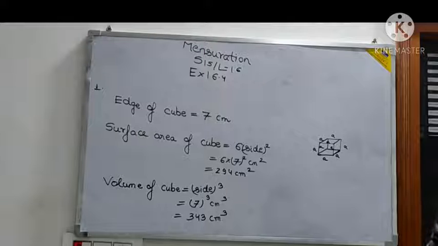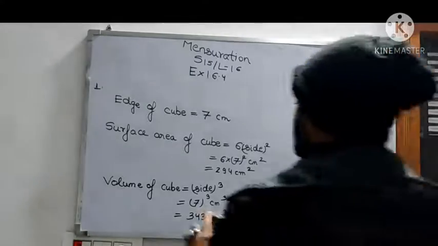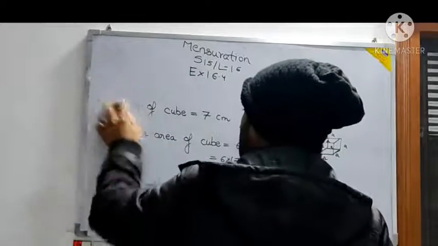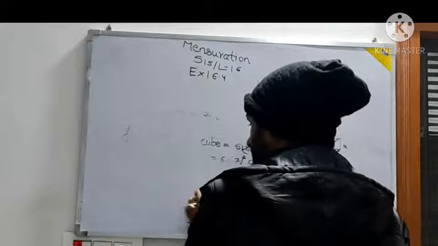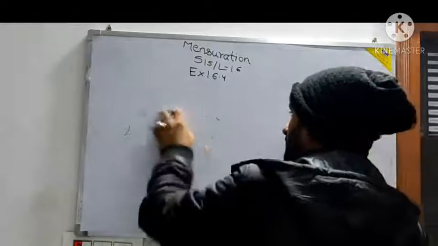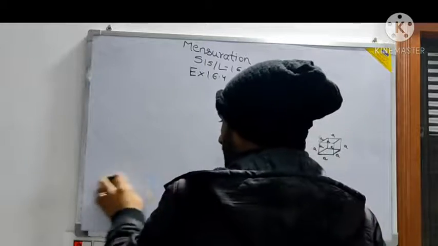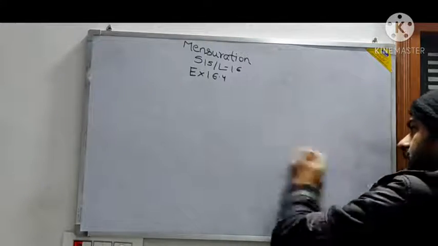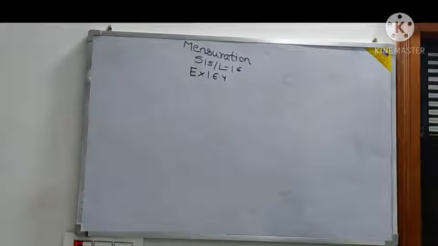16.4 exercise: 294 and 343. So that's the correct answer. Let me take another question. This was a very easy question, just like a starter. Let me take some better question, one with a higher difficulty level. This was meant to make you remember the formulas that you have done already in your earlier classes. We have done very good problems in class 8th, if you remember, 8th E and 8th A. Then there's also surface area and volume.